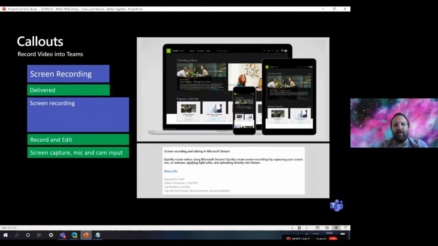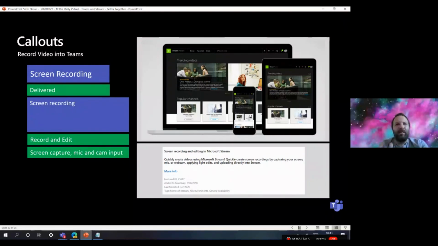Secondly, an even more recent addition is the ability to screen record straight through Microsoft Teams. The thing that I love about this is that you can record short videos. You can then set an actual Stream channel to add them to, which means that once you've done your recording, if you've surfaced that Stream channel within Microsoft Teams, you can record and then pipe these videos immediately into Teams for your users to consume and add to their personal watch lists if needed.